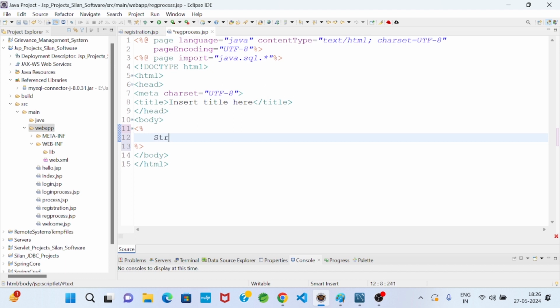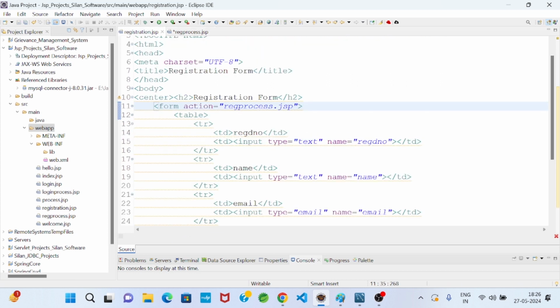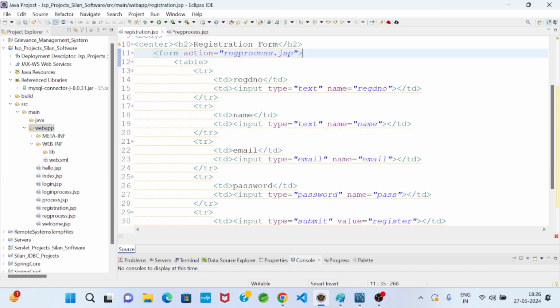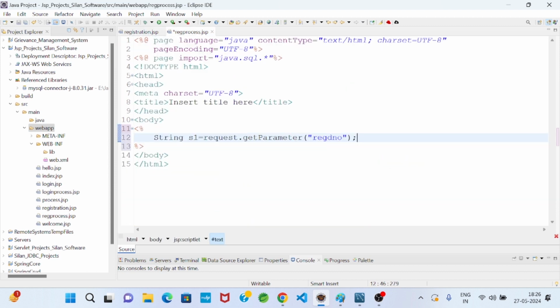First of all, same things. We will process the form data. This part we already know. Request.getParameter within brackets. Whatever we have written: name equals to registration number for registration number, name for name, email for email, pass for password. Okay, so I will copy